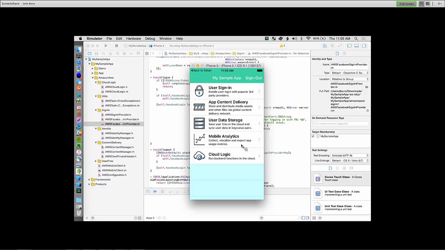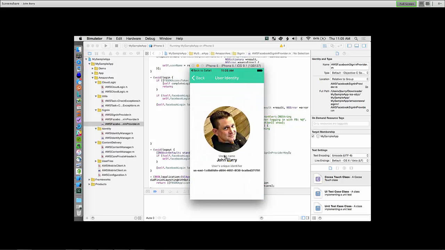And the reason that happened is because when I talk about the user data storage, I'm going to talk about profile data that can be stored. And now that I've authenticated myself, the application has brought down my saved profile data that Cognito has saved in the cloud for me. I had a profile that said, I don't like the orange color for my app. I want it to be green. And when I came into the app and signed in as myself, which you can see now, it brought my profile data down and updated the app automatically. And the Mobile Hub, again, gives you a model for how to do this, gives you all the code to do this, and actually does it inside the sample app.